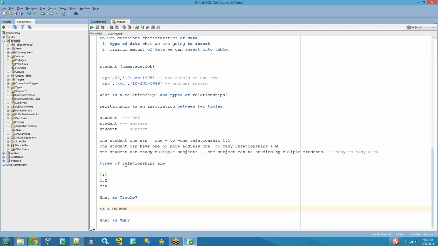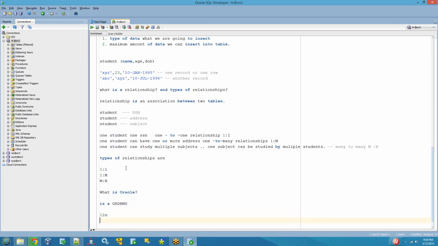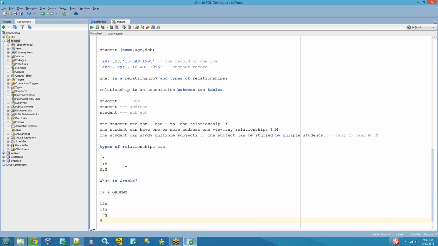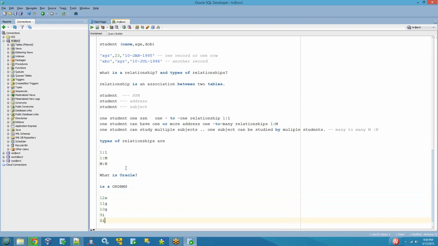So the current version of Oracle is ORDBMS. Before 9i it is only RDBMS. So the current version of Oracle is 12c. Before it's 11g. Before that it's 10g. Before that it is 9i. And before that